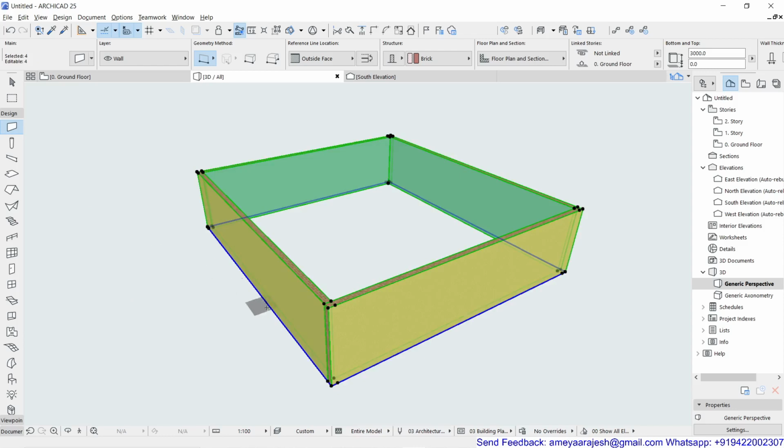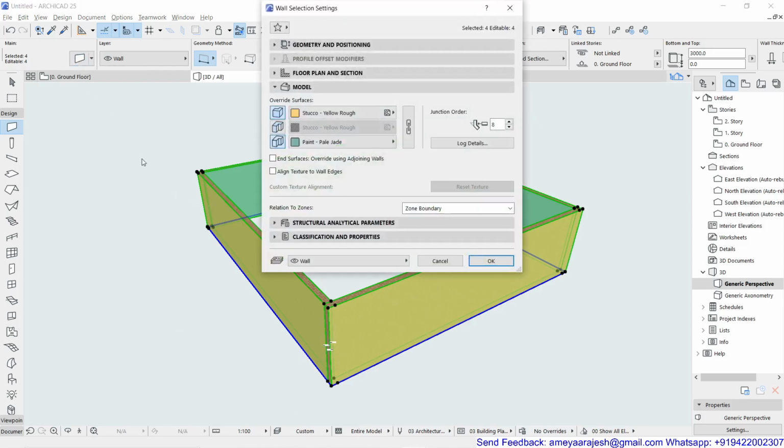The moment I press Control A, select all. You can see selected 4, editable 4. That means I have selected all the 4 walls in one go. Now what exactly my target is, to finish these 8 corners. So I'm going to click again in the settings dialog, and here in the same model rollout, if you check, there is one option known as end surfaces override using adjoining walls.